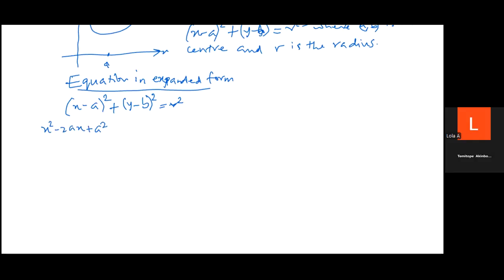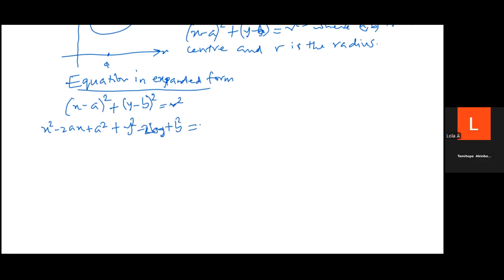How did I obtain this? You know what I've done to obtain this? You square x. Yes, sir. Okay, so let's do the second one. So that's y squared minus 2by plus b squared